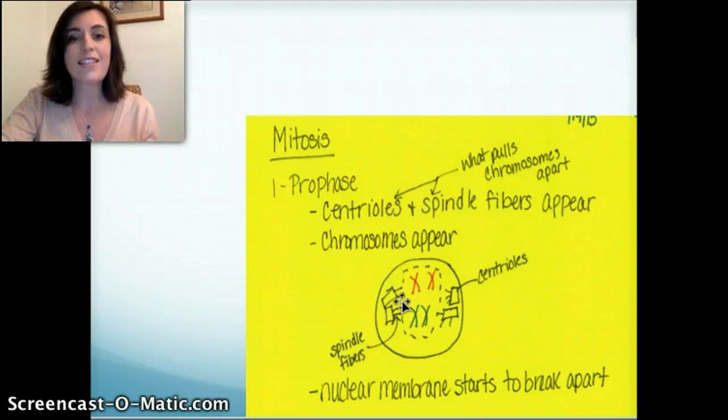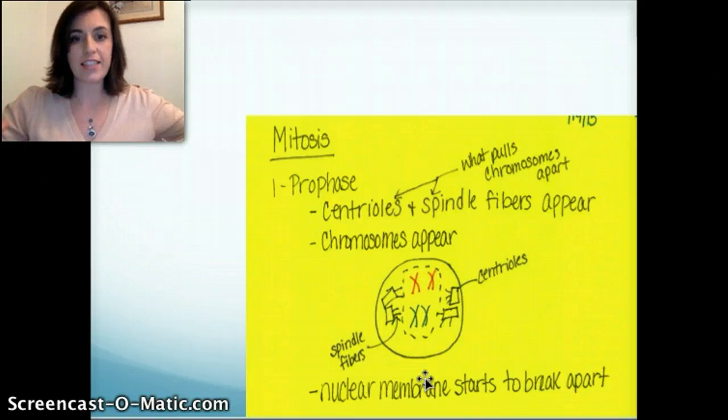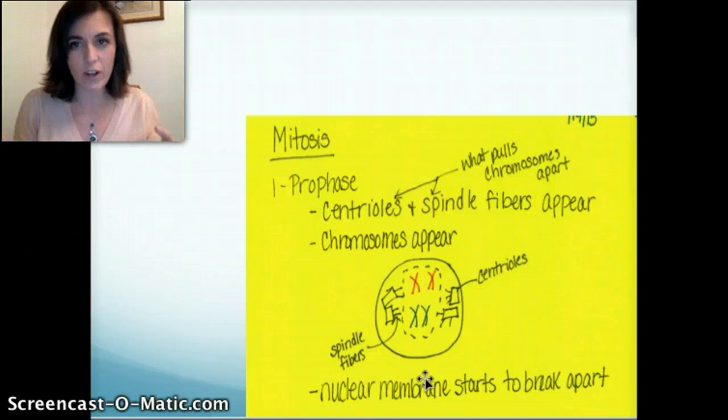The other cool thing is that you're going to start to see the nuclear membrane break apart or disappear. It's going to disintegrate because when this happens, the whole cell just kind of shuts down and says, hey, we're going to use up the whole entire area of the cell. We're taking it all over. This is our ground now. It's going to take up every little space that it can, and then it's going to spread out. So you're going to see that nuclear membrane come apart so that those chromosomes can use all the area that they need.